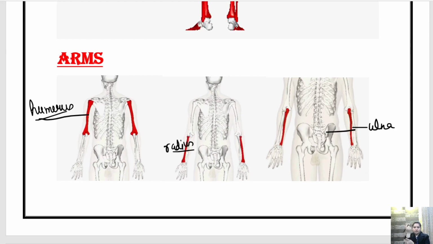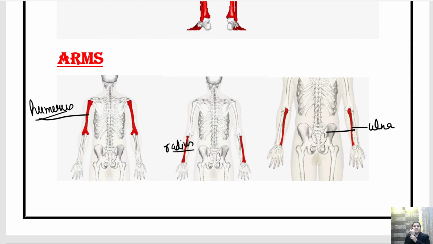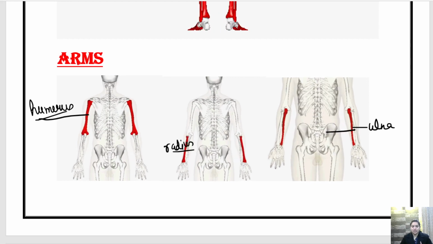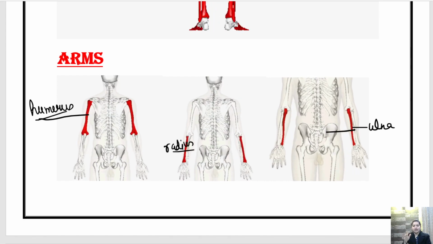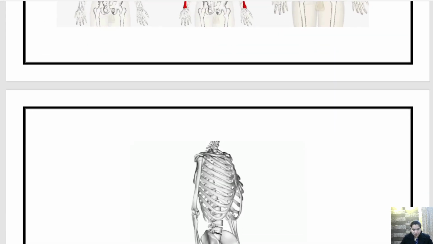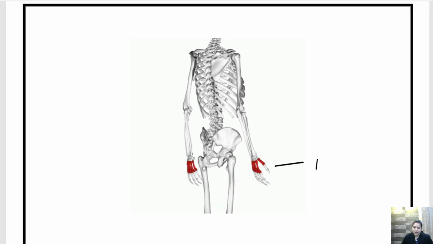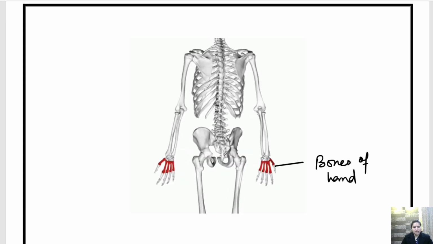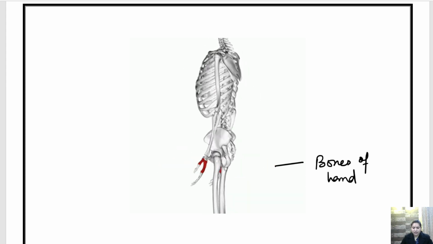Then here, this region is having two bones. One is the radius and another is the ulna. Okay. So they are called radius and ulna. Repeat after me, children. Radius and ulna. This is the humerus. Then we have the radius and we have the ulna. Okay. So these are the parts of the arm. And then we have the bones present in our hands. They are also called carpals and metacarpals, so that you will study in your higher classes. Okay. So let's quickly again see.